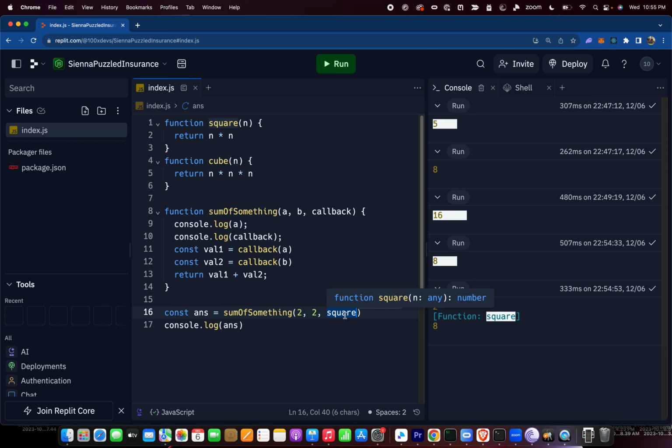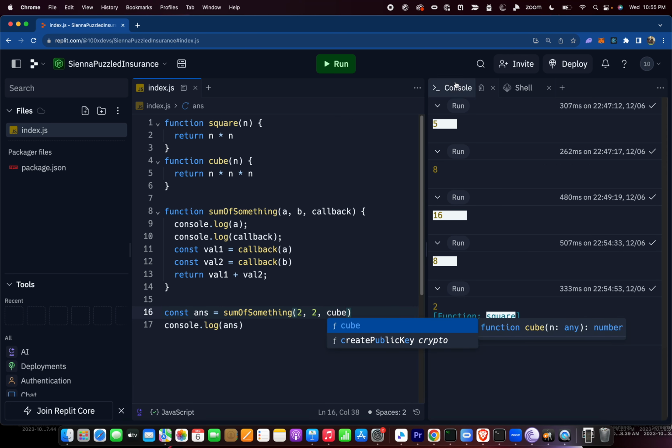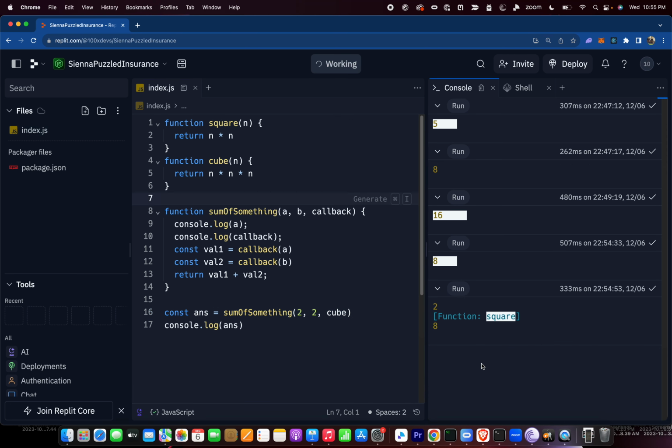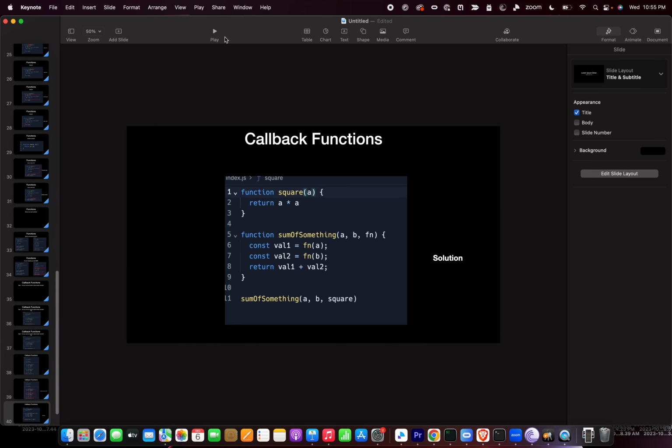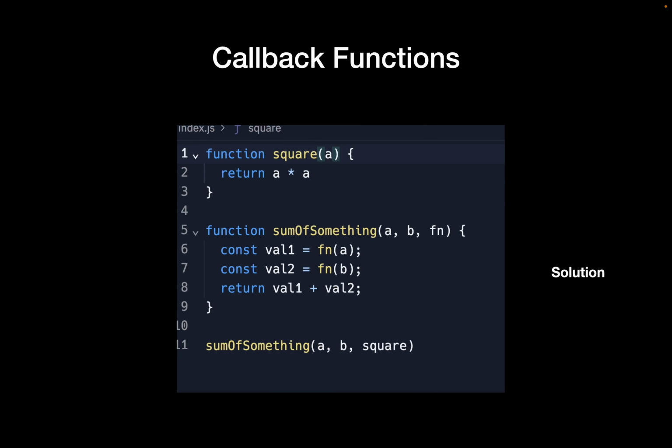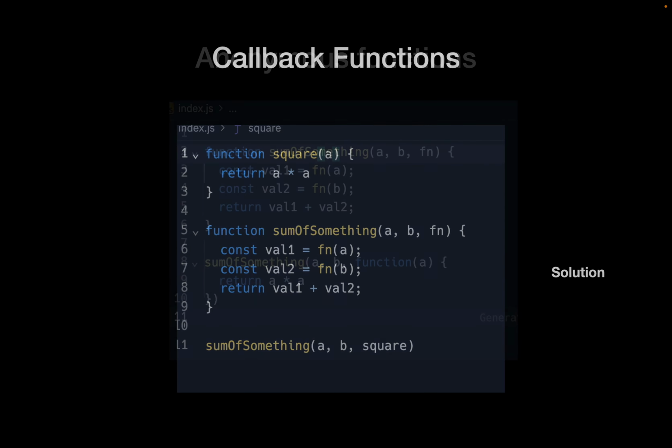Similarly, I can also pass in cube here. And if you look at the logs, it says 2 followed by function cube, which means this callback is a function in itself. And I'm calling it here and here, finding the values and adding them up. Cool. That is what a callback function is. Hopefully it's slightly clearer now. I would urge you to solve this problem, put a few logs and try to figure this out yourself as